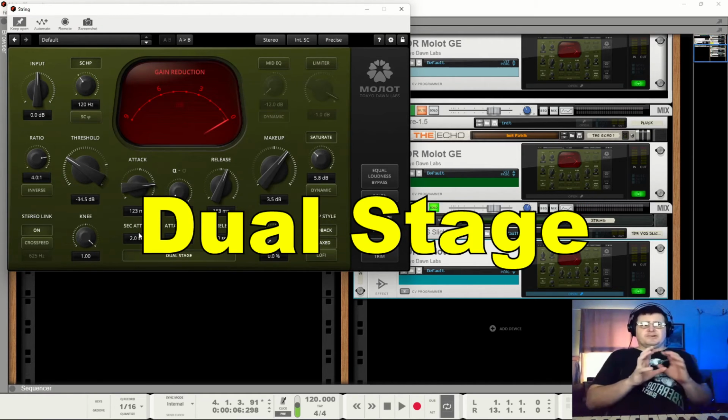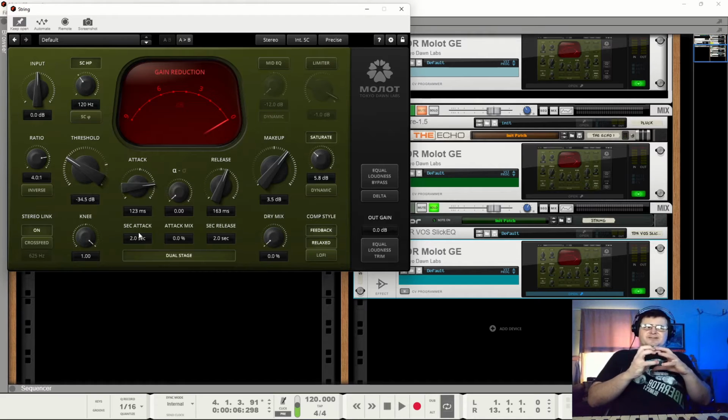So what that brings in is a secondary thing. This is like when you have compressors that have an extra button next to the release that says auto. What they do is they add a little gap between the beginning of the compression, so when the compressor first starts to do something, and then they work out from there how long the compressor is down. And as a result of that, they change the release rate.